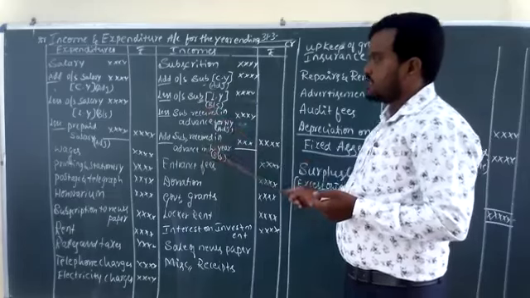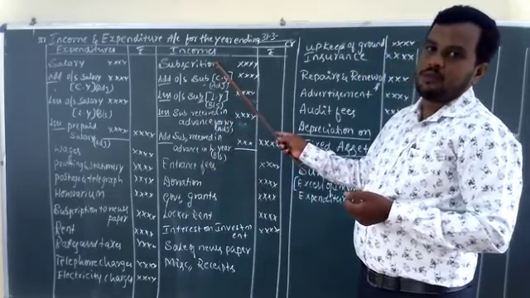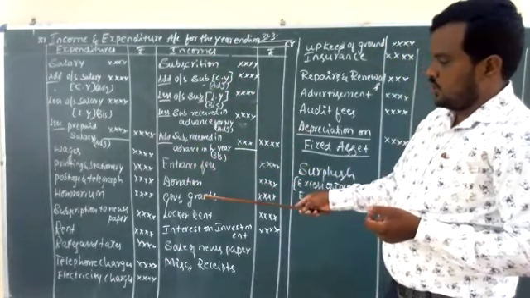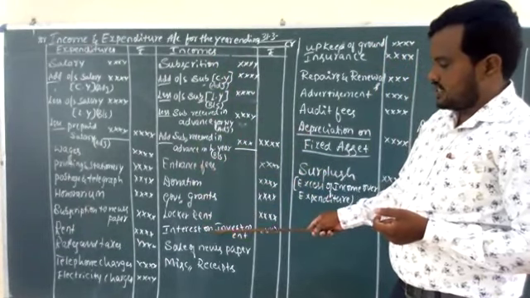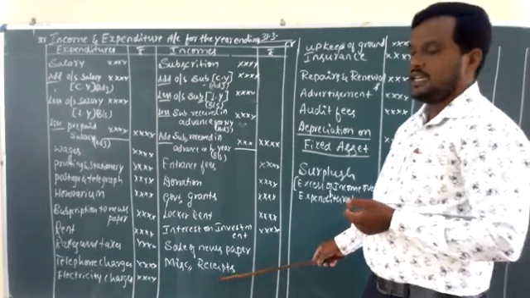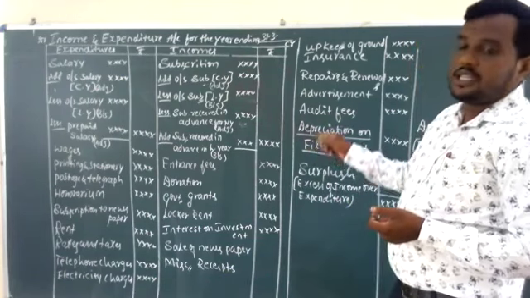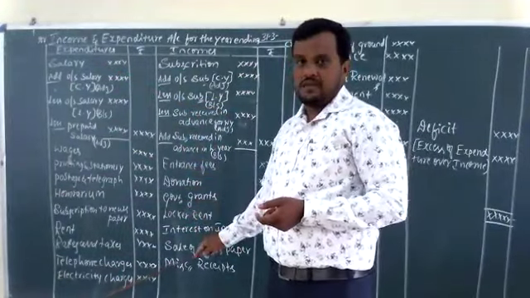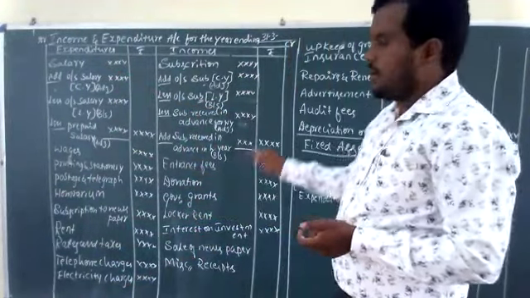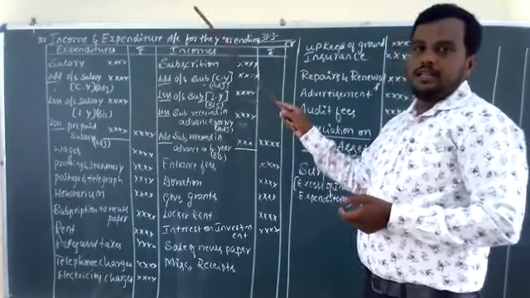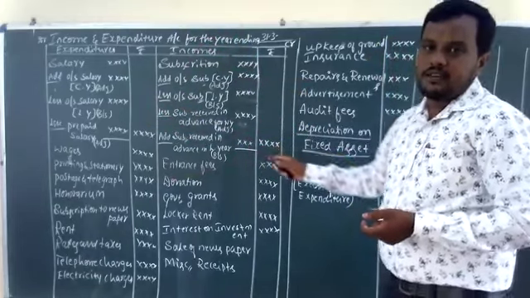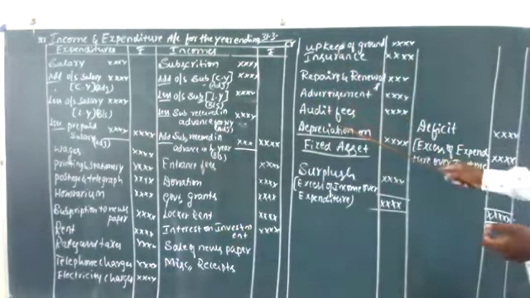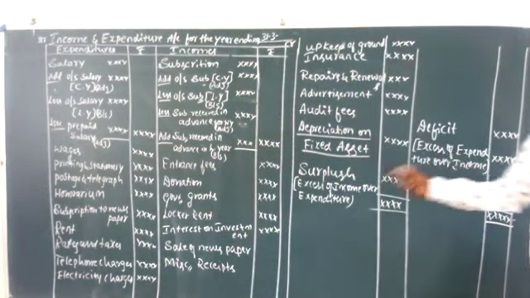These are the adjustments of income or subscription of the NPO, and also entrance fees, donation, government grants, locker rent, interest on investment, sale of newspaper and miscellaneous receipts. These are all the major revenue receipts of an NPO. These are all the revenue expenditures of an NPO. We should prepare the income and expenditure account in this form. So see there, all the expenditures are on the debit side and all the incomes are on the credit side.